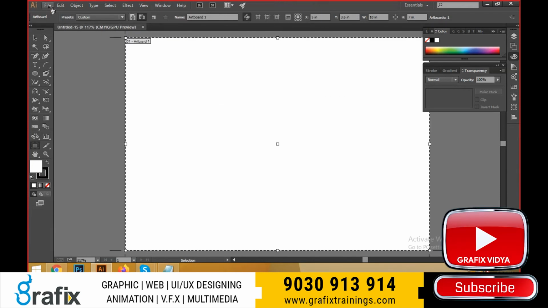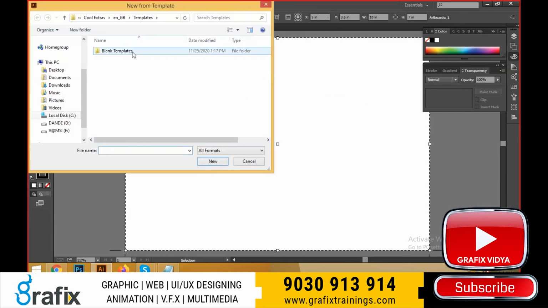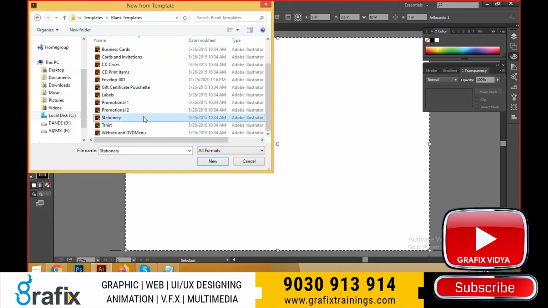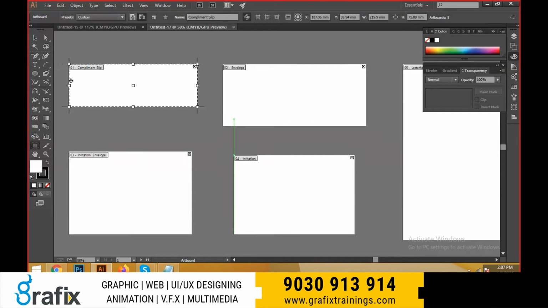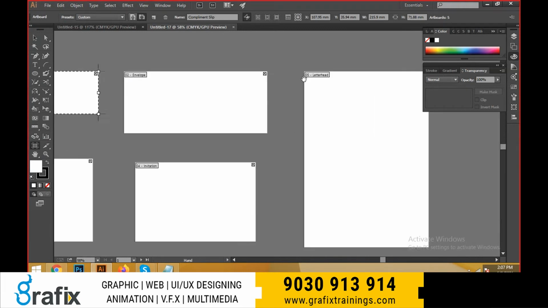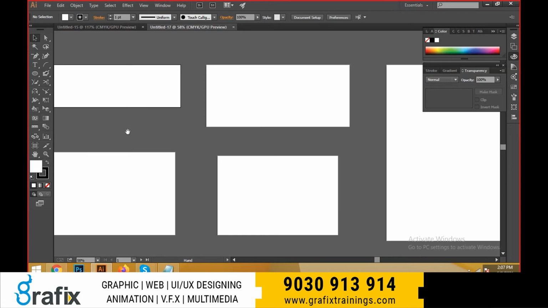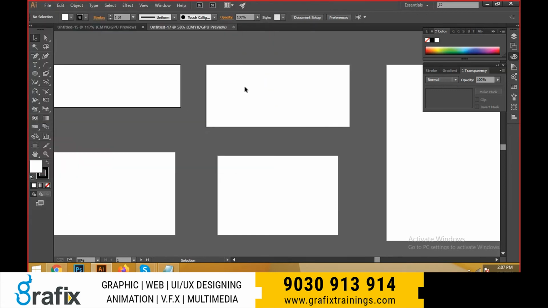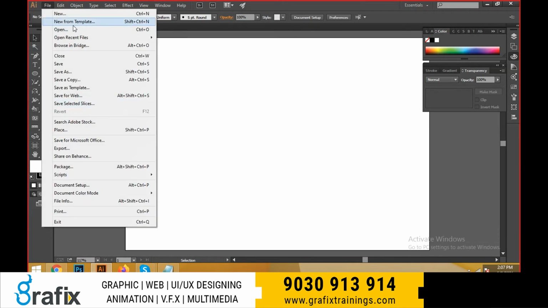Just close the document and go to the new document and new from template. If you want blank templates, go to the brochure, business cards and labels, promotional ads and any stationery, just click it. Yes. And you have a small envelope. I just click it: the artboard, the compliment slip, the envelope and the invitation envelope. And we have a general stationery setup. This is called letterhead. Okay, this is the stationery set. And come to the new from templates. These are all the predefined elements set. Close the document and go to the new from template and open. Already we did the new from template, open.